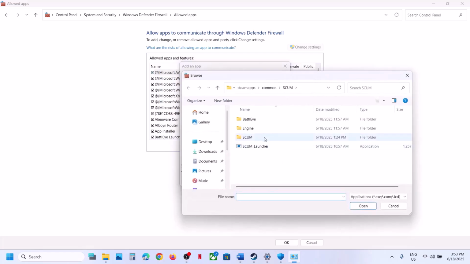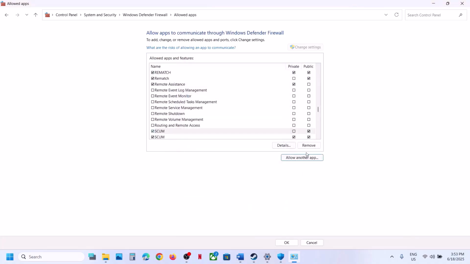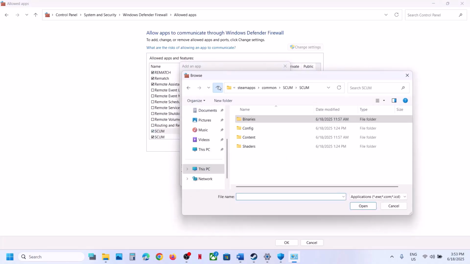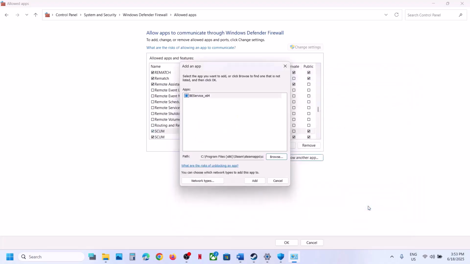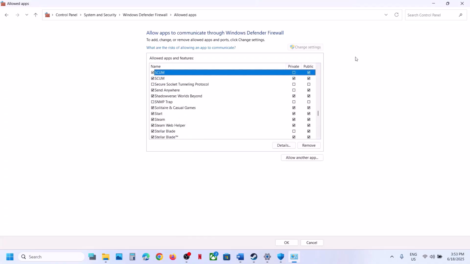Click on browse, and then open this folder, Binaries, Win64, select this exe file, click on open, click on add. Again click on allow another app, click on browse and open the BattlEye folder, go back and then open BattlEye, select this exe file, click on open. Now click on add. So once the game is added over here, now you can launch the game and then